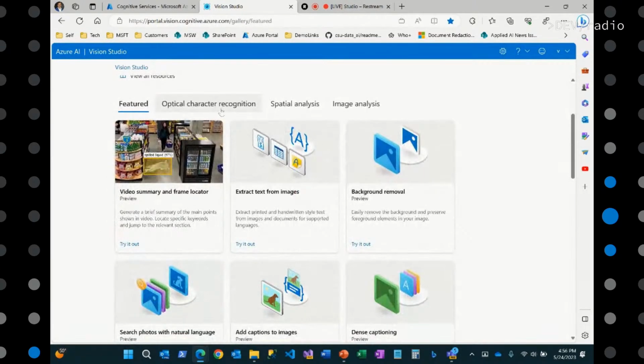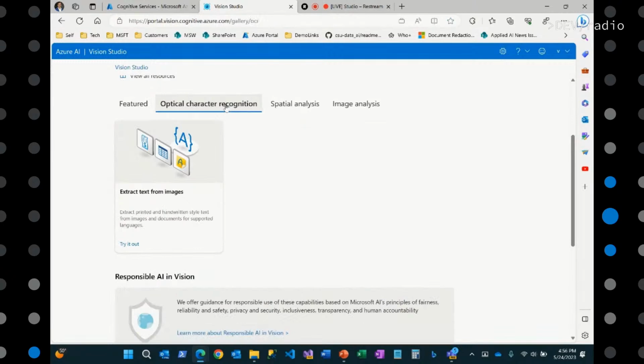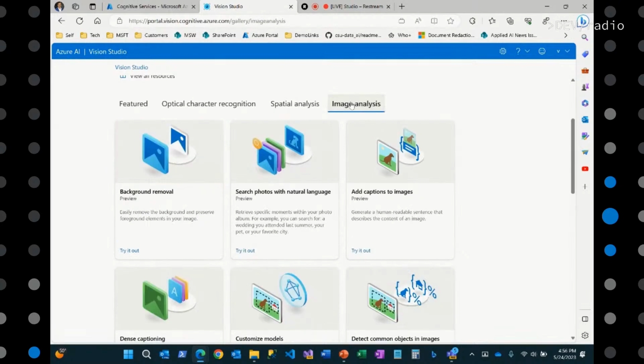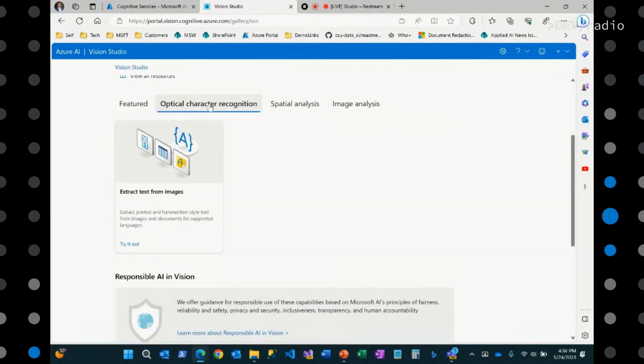In here, you have mainly three categories: the OCR capability to extract the text from the documents, spatial analysis to understand the images, the videos, and also image analysis to extract captioning of the images and so on. Starting with the OCR,